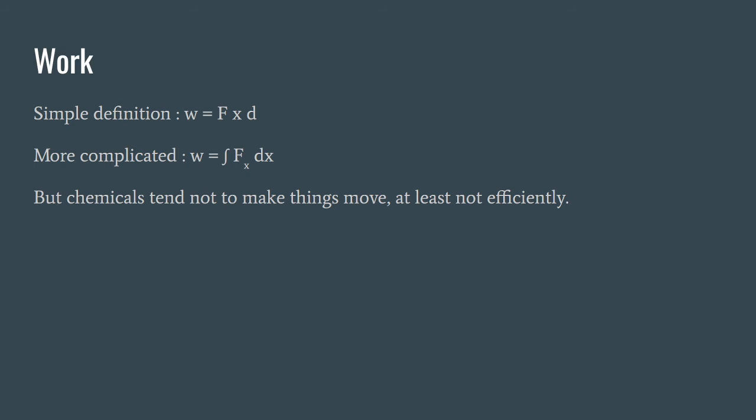So force in the same direction as the motion. That is the simple physics definition. And that works when you're talking about choo-choo trains. It doesn't work quite so well when you're talking about chemicals and chemical reactions. Because chemicals, that's not ropes and pulleys and so on. Chemicals is explosions. It's billions and skajillions of particles operating randomly. So chemical work, we have to be a bit more clever about that.